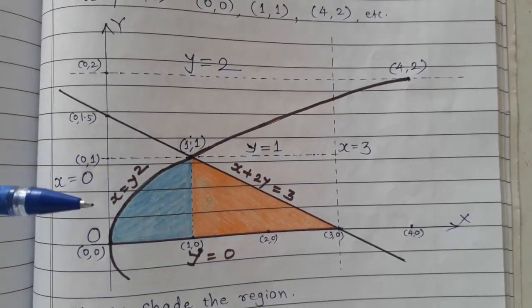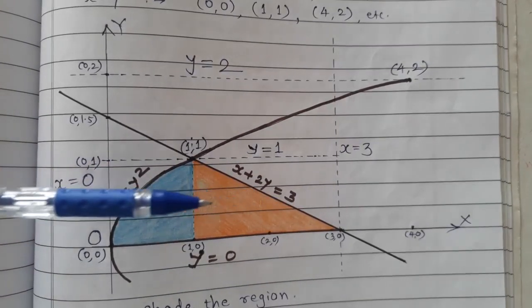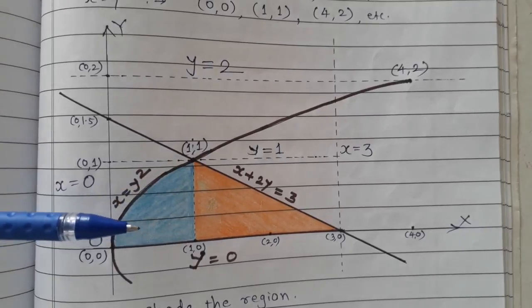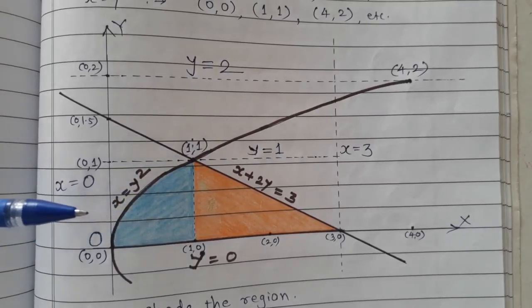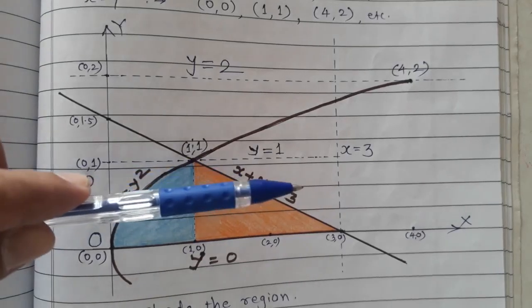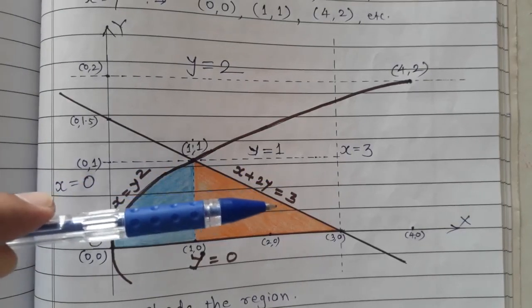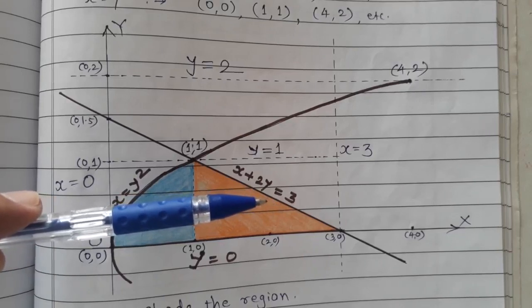So here the bullet just has to break this wall and this wall, so no need to use two separate regions, we can complete it by a single region. So first of all, limits for x: the bullet will enter here through breaking the wall x is equal to y square. So the lower limit is x equal to y square. After that it comes here and breaks this wall. So for that the limit is x equal to 3 minus 2y. So that is the upper limit of x.